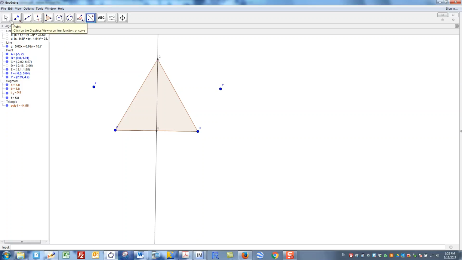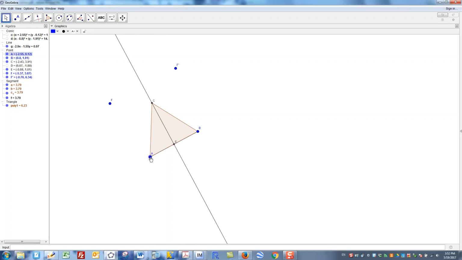And now if I move F around, I should be able to see that it is indeed mapping just like it should, right? It's reflecting all those points on that side to where they seem to need to go, all the points on this side where they seem to need to go. Of course, everything on the midline just gets mapped to itself. But even these points on the interior, it's mapping them perfectly across. And it doesn't really matter, of course, where I put the triangle itself, but it's a really powerful tool, I think, to